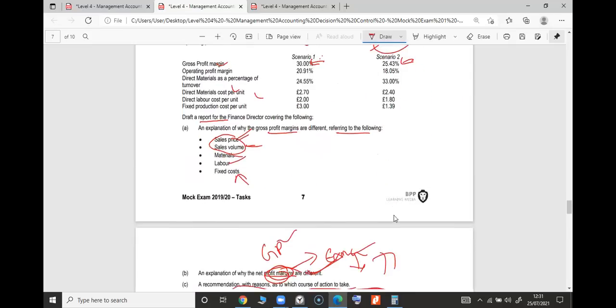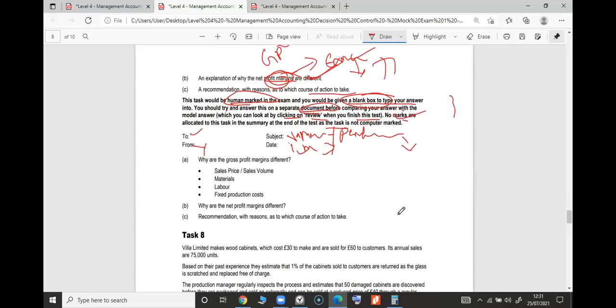Am I understood? Yeah. So the boxes are not here, but if you meant to write that selling price is higher in scenario 1, you get 1 mark. Higher by how much? 3.50 per unit, you get another mark. That's good. Maximum 3 marks each point you can get, yeah? And keep writing this way. Volume. Now talk about volume.